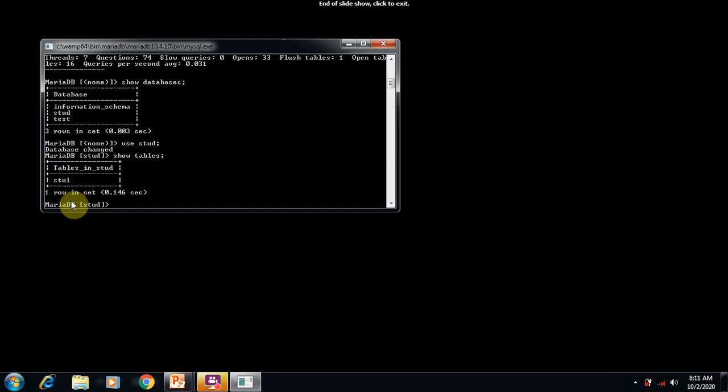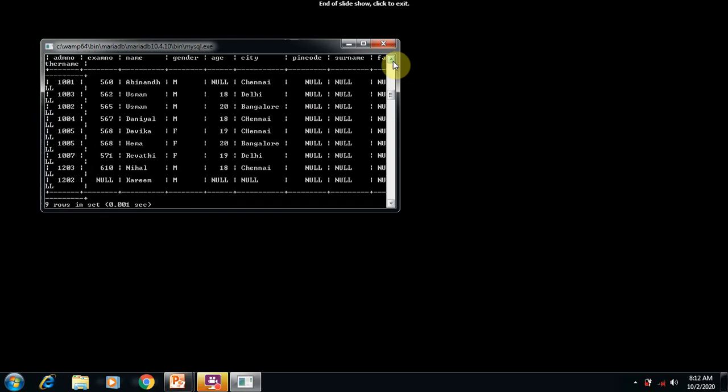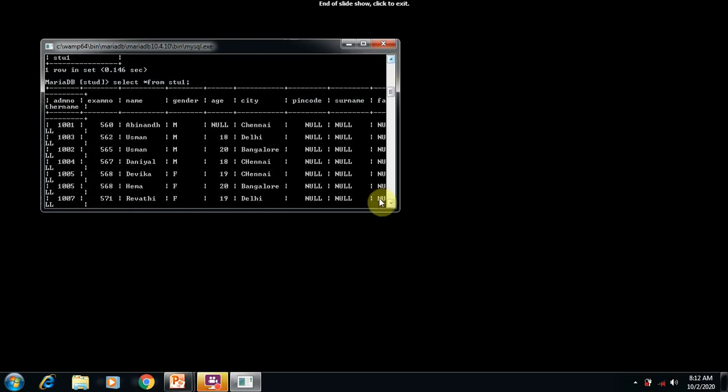Student3 was deleted using the drop command. Now I am going to access this table by using the select command. It permitted me to use the select command on this table. So you can see I view the same data from the table.